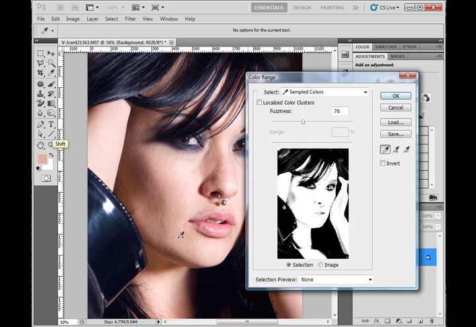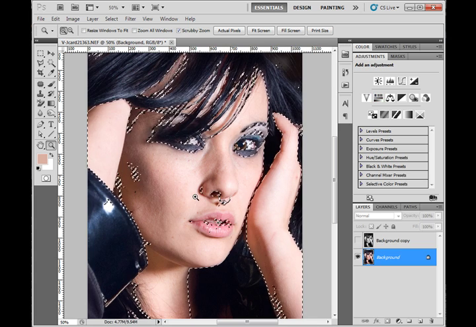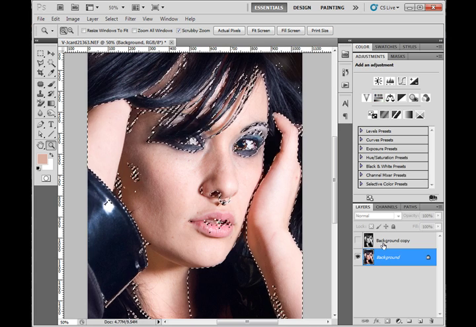So I'm just going to keep selecting some of the skin tones till I think I've got all the major areas. You can adjust the fuzziness so that you can get a more refined contrast on where your selection will be. Hit OK. And now the areas that are selected will be the areas I'm going to mask out on